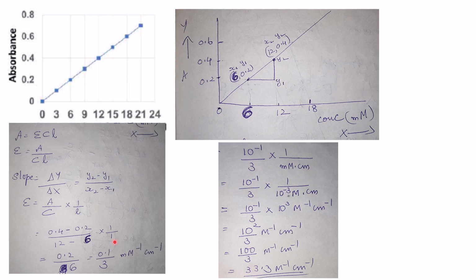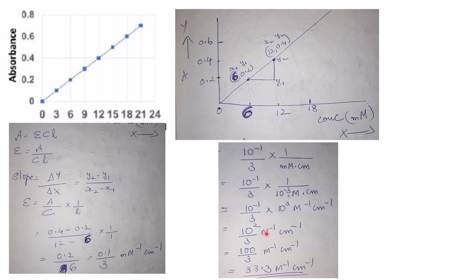So 0.1 by 3, you can even write it as 10 raised to minus 1 by 3, and this you can write as 1 by millimole per centimeter. Okay, now convert millimole to molar. So divide by 1000. So it will be written as 10 raised to minus 3. Now you take this 10 raised to minus 3 on top. So it will be 10 raised to minus 1 by 3 into 10 raised to 3. This will become mole raised to minus 1, centimeter raised to minus 1. That is what the unit for